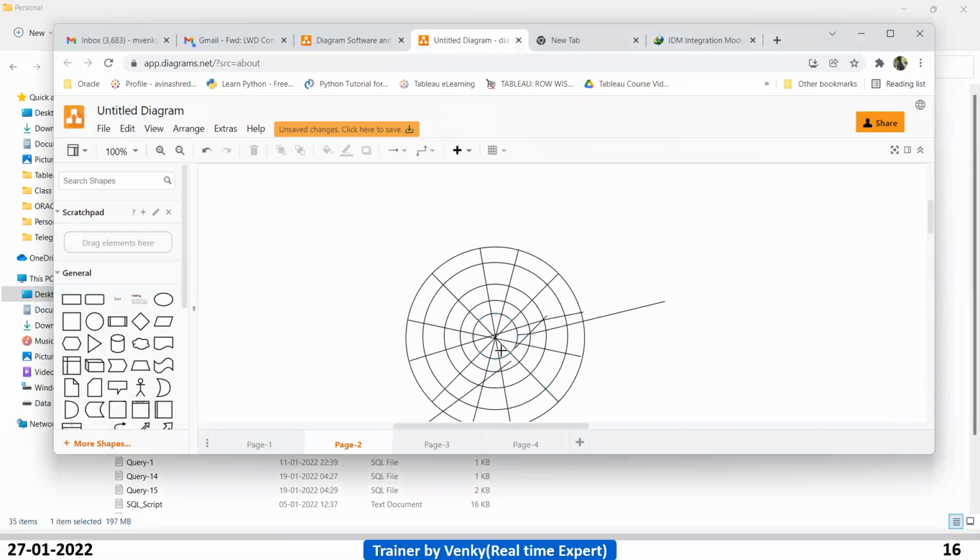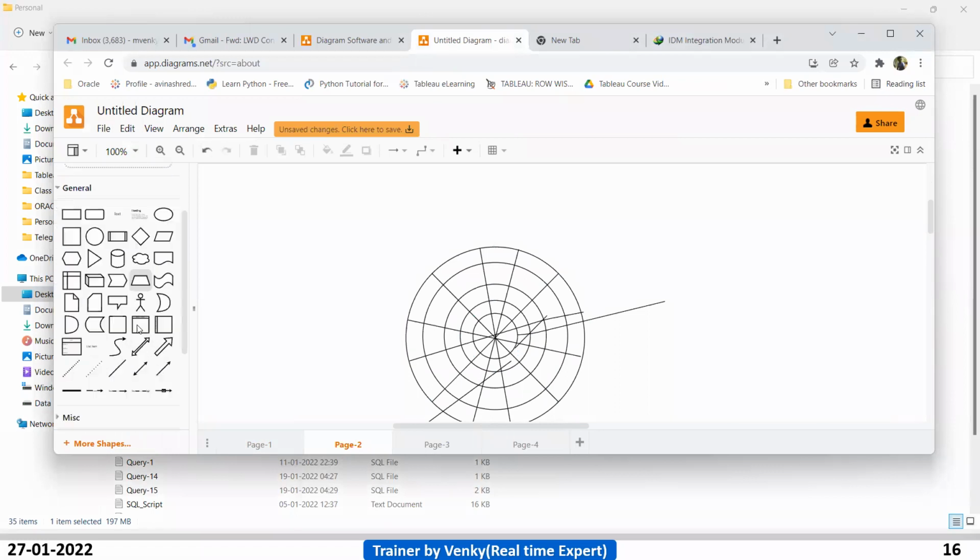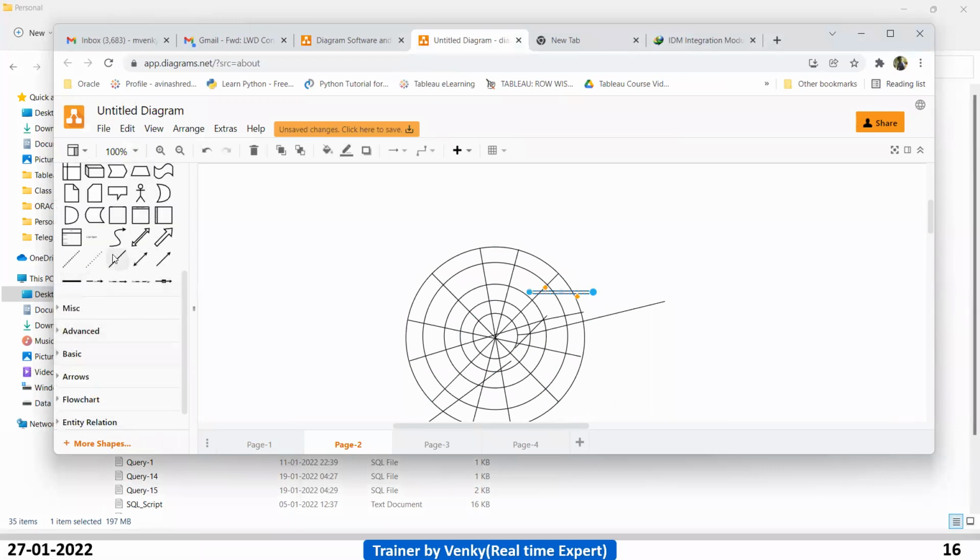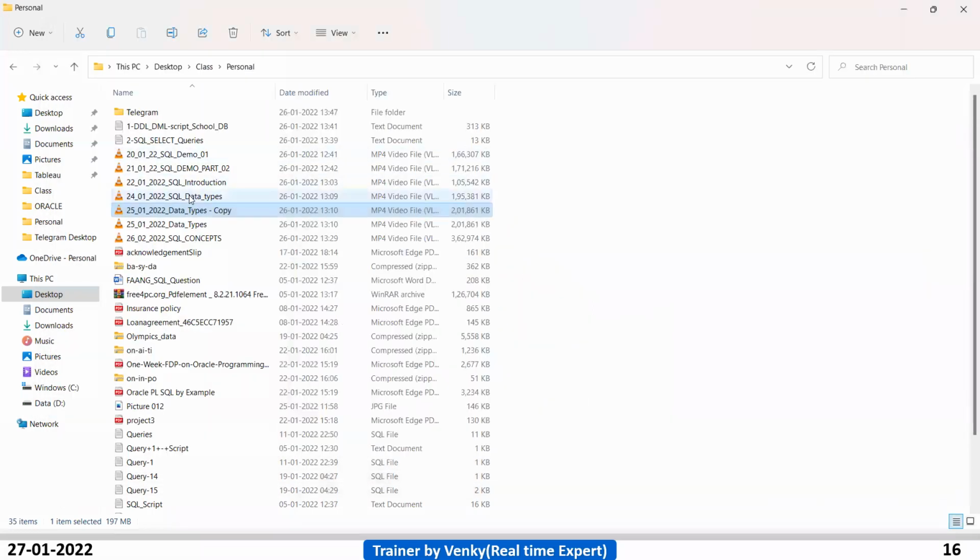See, for example, whatever data you deleted, for example you deleted from here, once you restore it, that will come to the same place again. So here also it is coming to the same place again. So the drop works like this only.